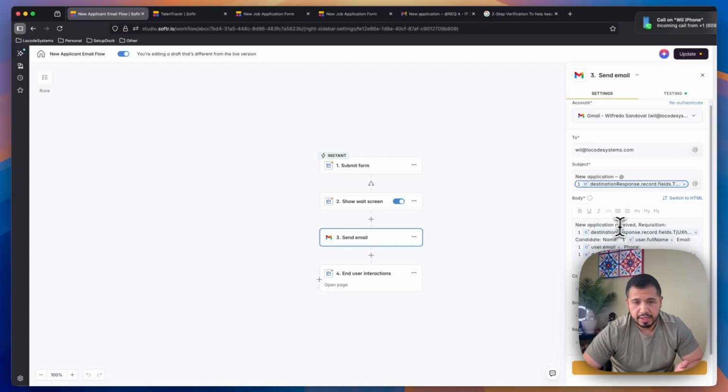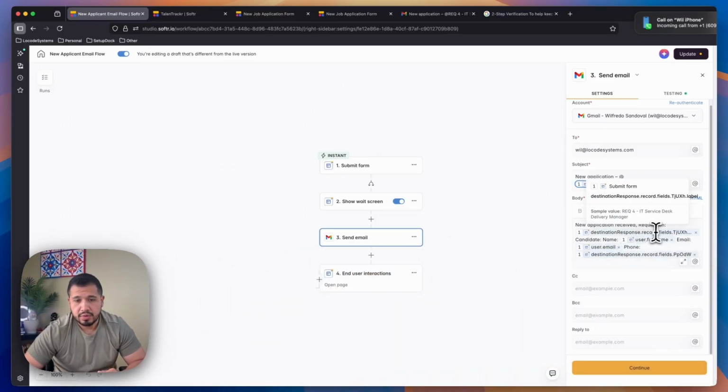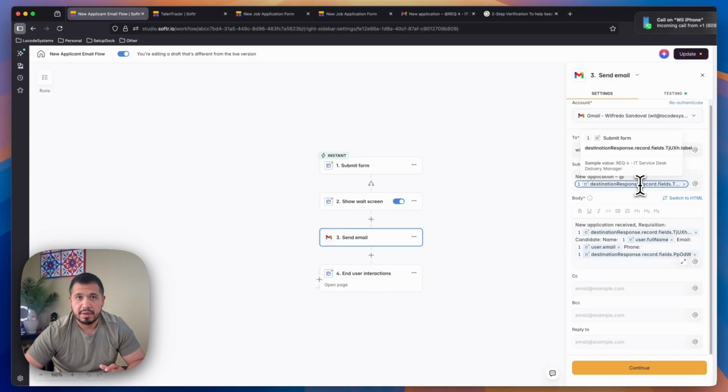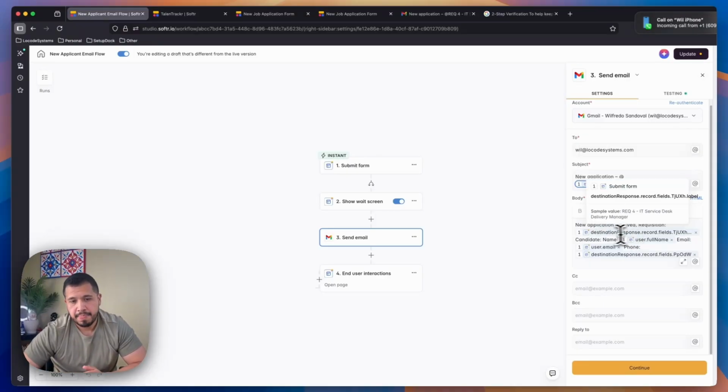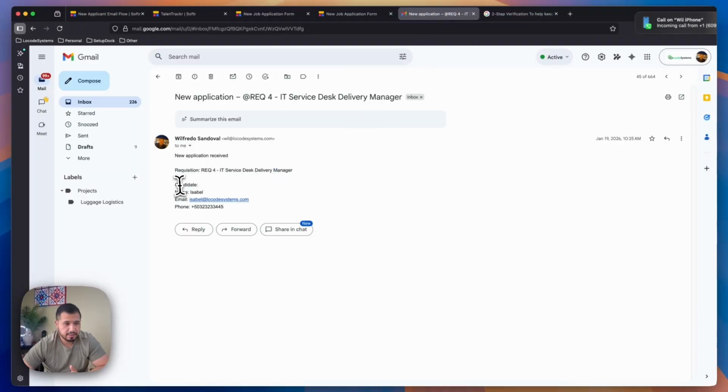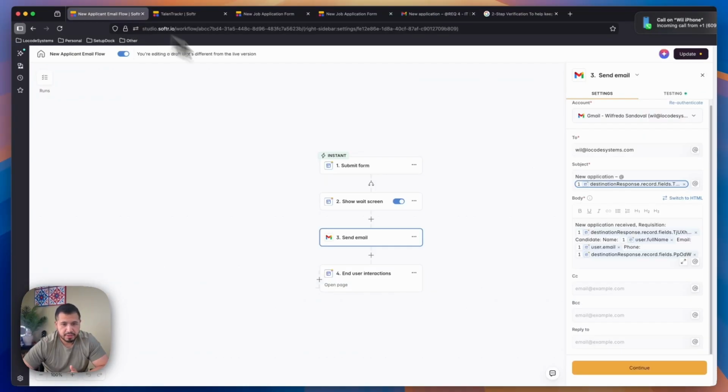So I'm saying new application received, and I'm going to be adding the name of the requisition. By the way, this is the subject line. So here I'm just saying new application at the requisition name that I'm grabbing from my requisition table in my Softr database. Then I'm going to add the body, which is this right here, right? So this is the candidate and the information of the candidate that's applying. So I have candidate, I have the name, I'm using the full name, the email, the phone number, and then